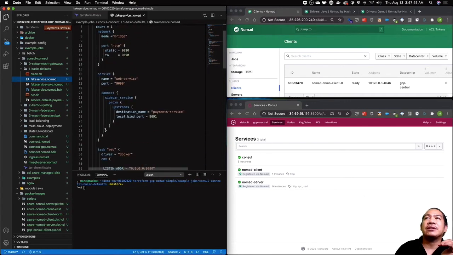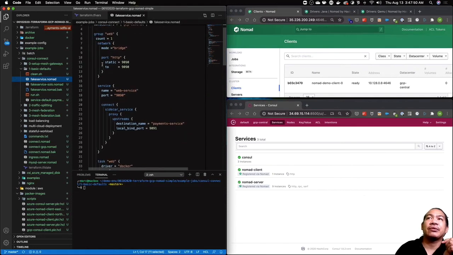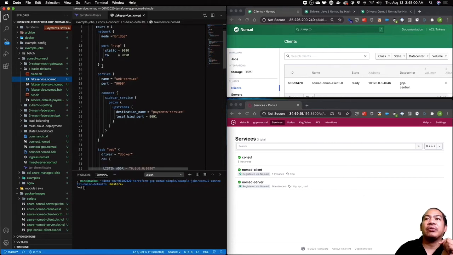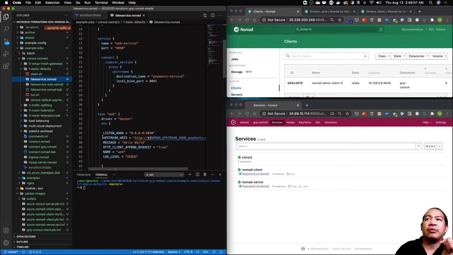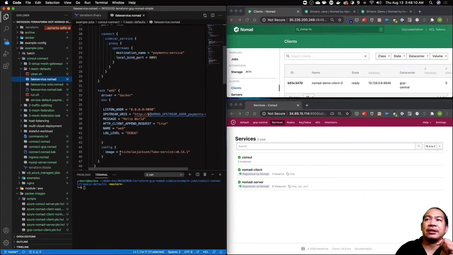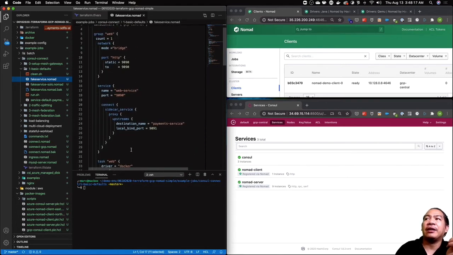So within this job definition, we have what we term groups, and groups are, if you think about it, mostly governance around your containers. So we want to be able to deploy a Docker container using a task driver as part of that group. We define the task driver over here, and we put in the environment variables and the image that we need to pull down from Docker Hub. And then the beauty of having Consul as part of Nomad is the integration for